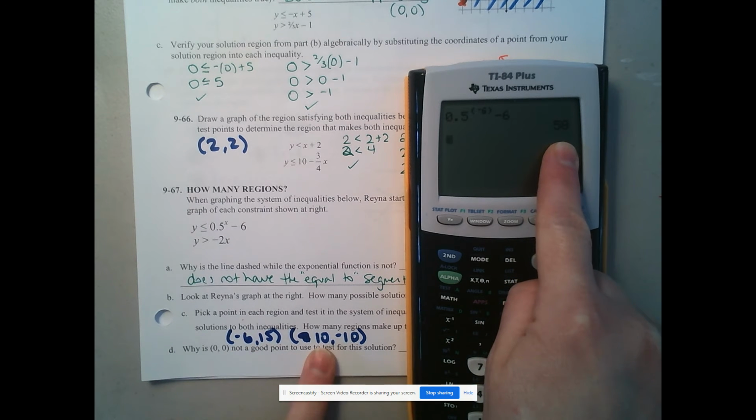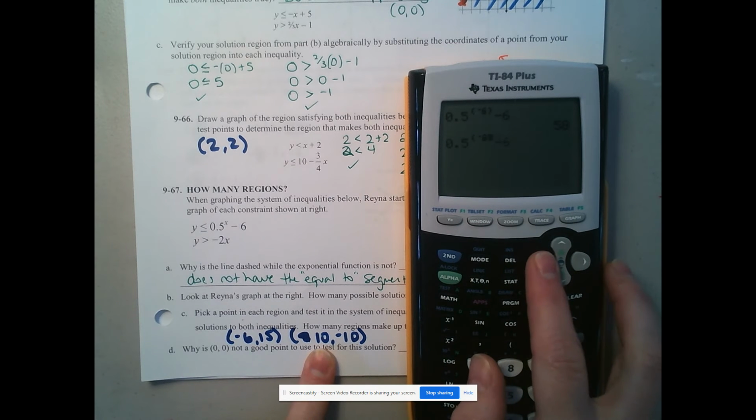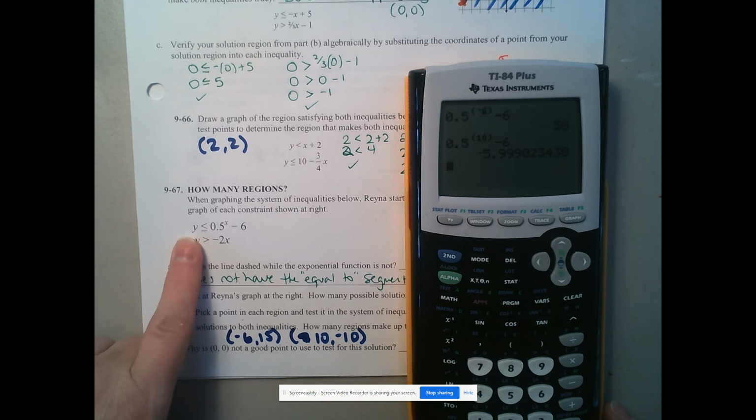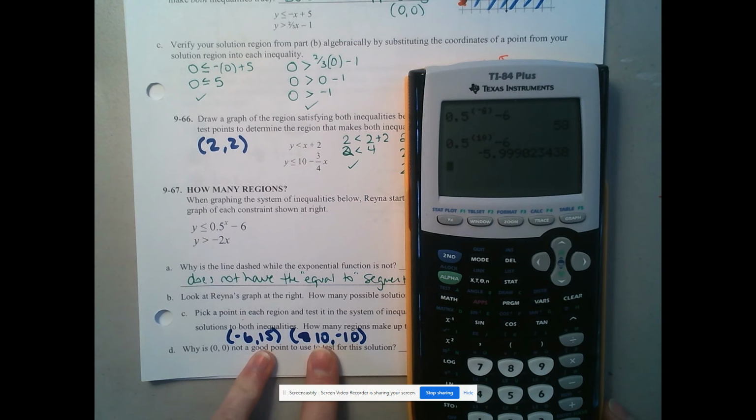The second time we do it, I'm going to do second enter and just have it give me the equation again. And I'm going to go back to the -6 and put my 10 in there. 0.5 to the 10 minus 6. And I got -5.9. Is -10 less than or equal to the -5.9 that I got? Yes, it is. So both of those coordinates work for the